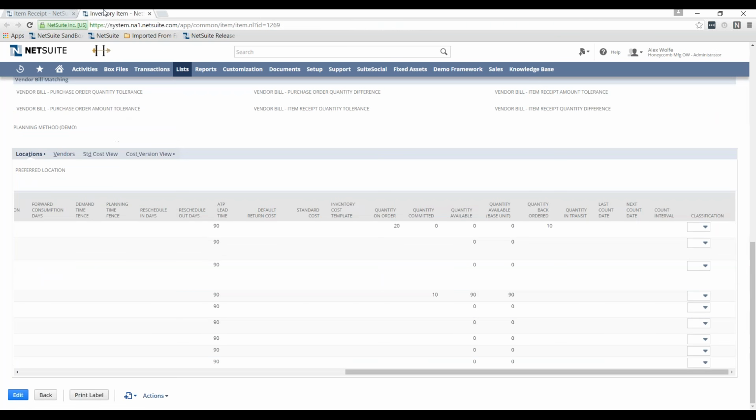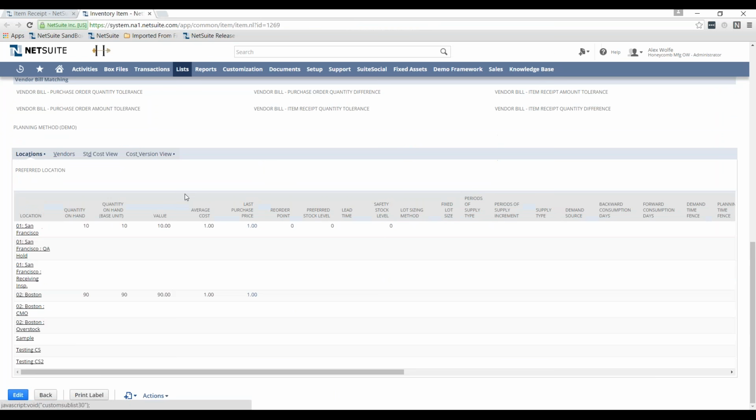Now if I go back to my item, and I'm going to go ahead and refresh in my browser window here, so I reload the record and go down and look. So I now have 10 on hand in San Francisco. I have 90 in Boston. That